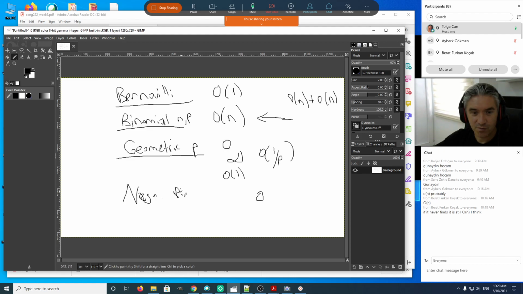negative binomial, which is the summation of k geometric variables. We can just say it will be k divided by p, because we will run the loop k times, each of those independent geometric variables. We will run the inside loop 1 over p times on average. Again, its expected value will be k